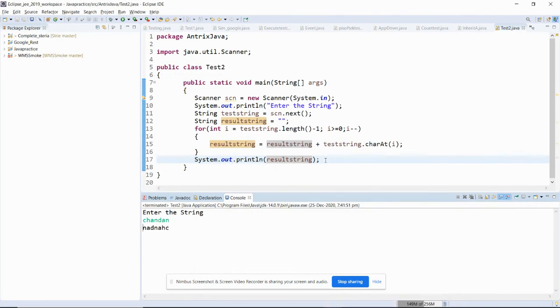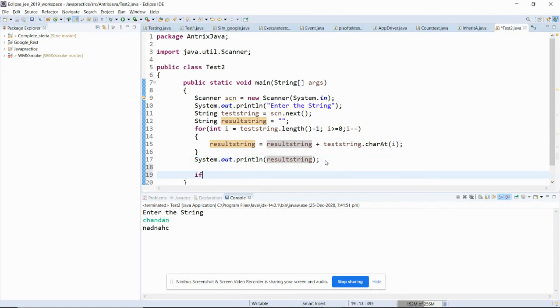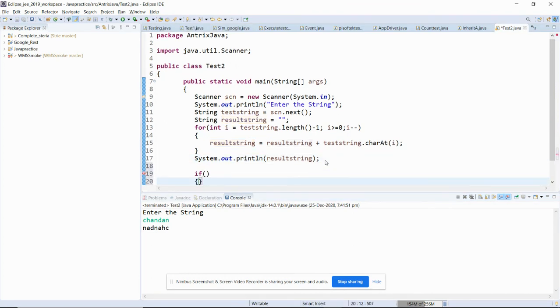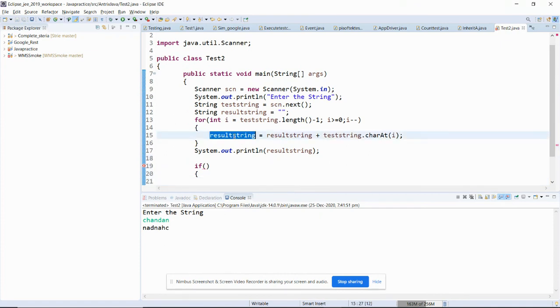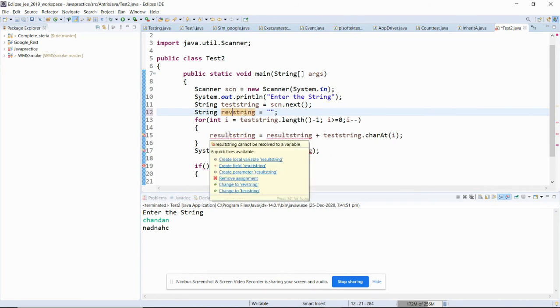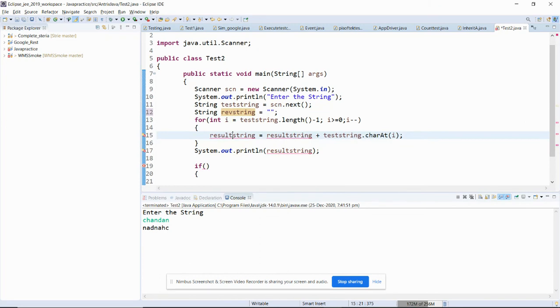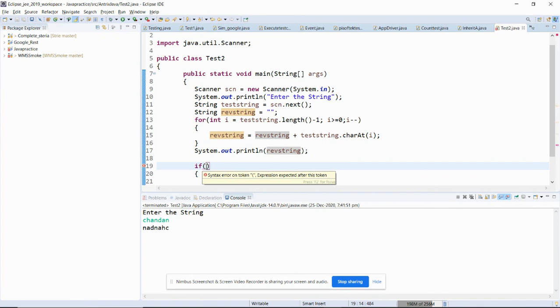So I will add one more step from here. Let me call it the reverse string. If your reverse string is the same as a, then your string is a palindrome.